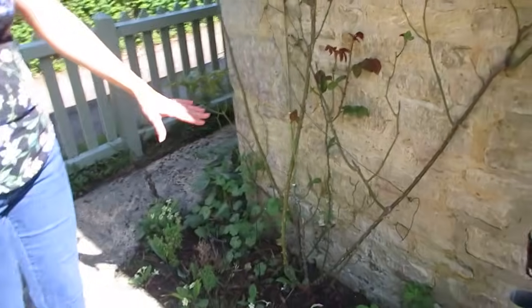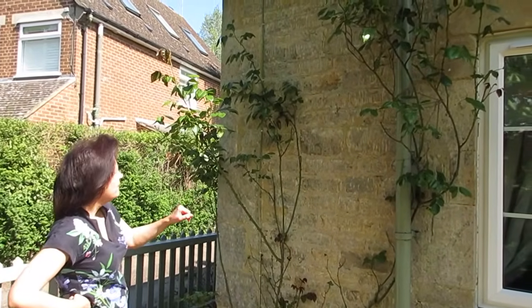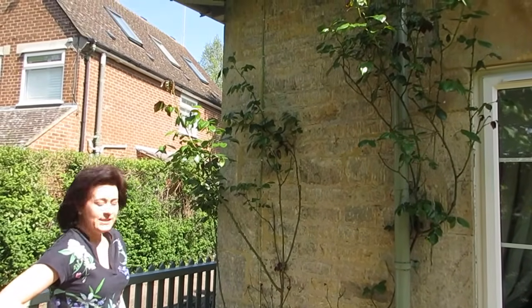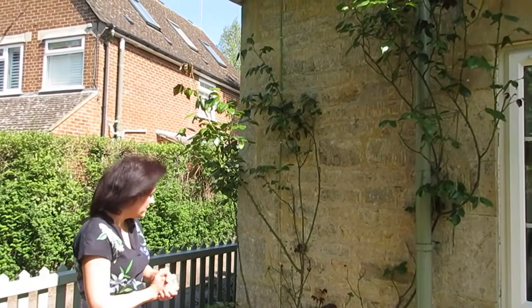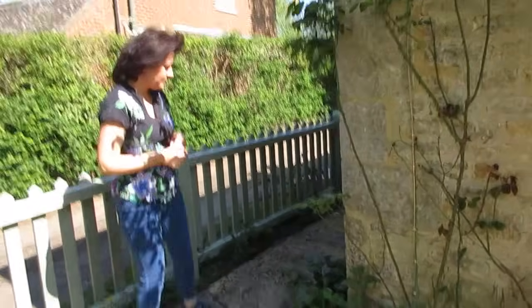And then if we move along again, we've got another climbing rose here, and this is called Dublin Bay, and it gets these beautiful deep red roses on it. Again, looking quite healthy this year. We only deadheaded it back quite late in the year. We should have probably been doing that more constantly, but it has got some nice buds forming on it. And then if we come around the corner again...